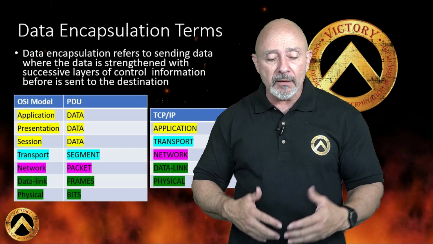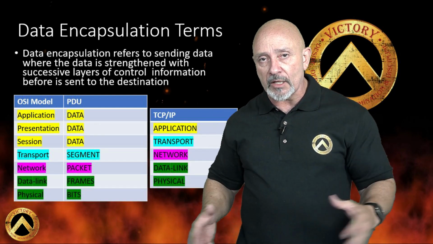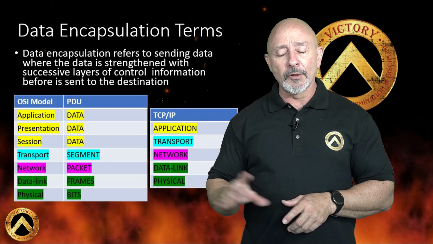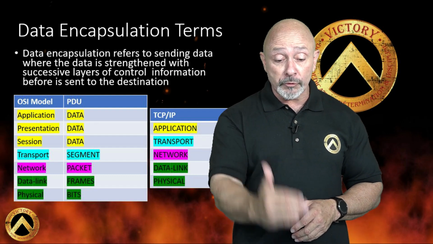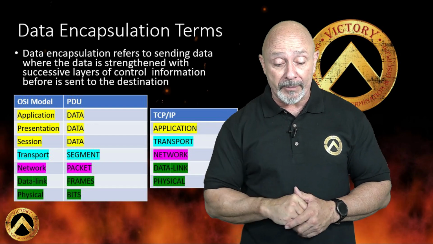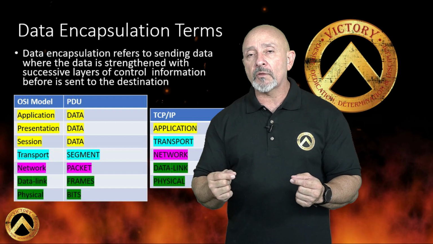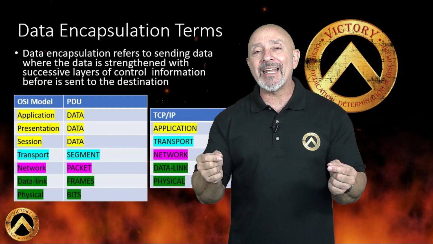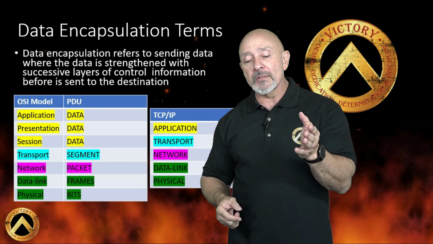The session layer in the OSI model deals with the actual sessions. It separates the sessions, the port numbers, things like that. So in the TCP/IP model, the little one, that happens in all those three layers of the OSI on that one layer in the TCP/IP. But it's data. The PDU is called, it's not university, it's protocol data units, and it happens to be data.